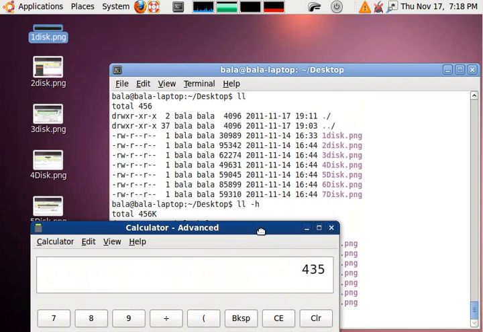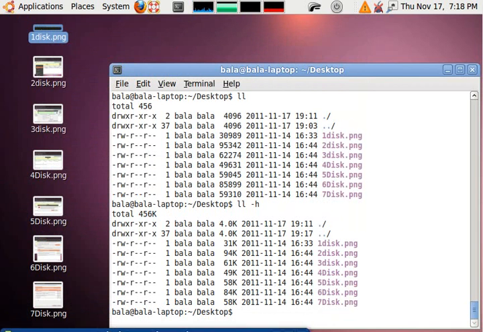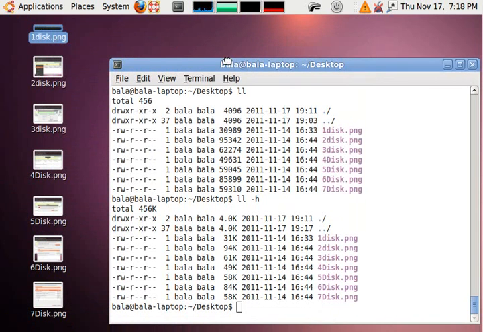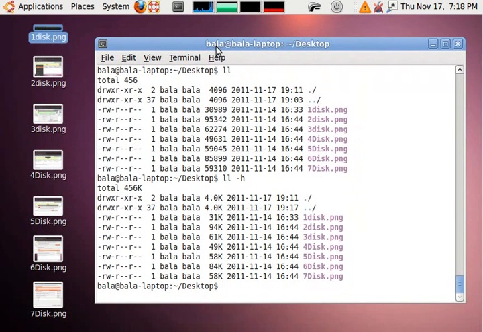Let's see what tar does. Tar is not a compression tool, it will just archive them. For compression we need to add another switch, which I'll mention over here. So the command for creating an archive is tar -c for creating an archive, f for using the file name. So my first tar.tar